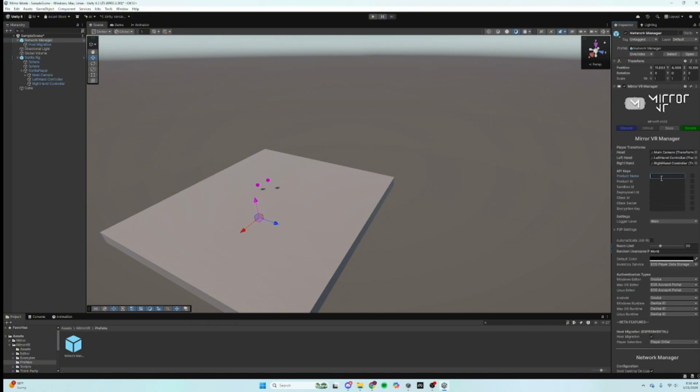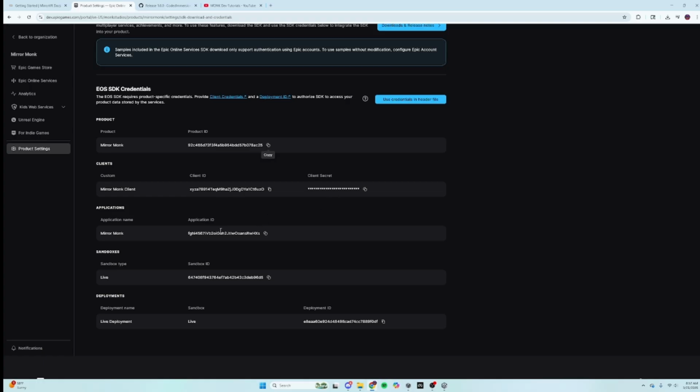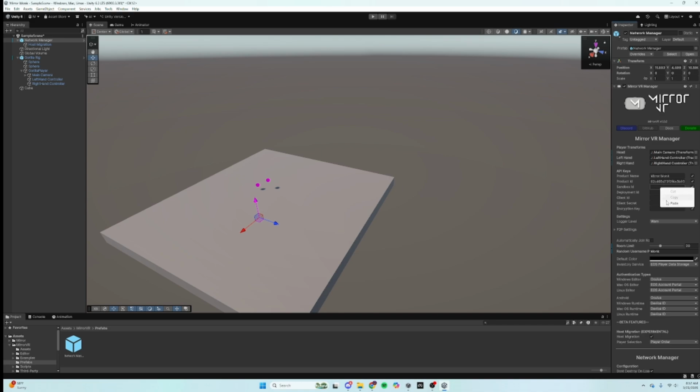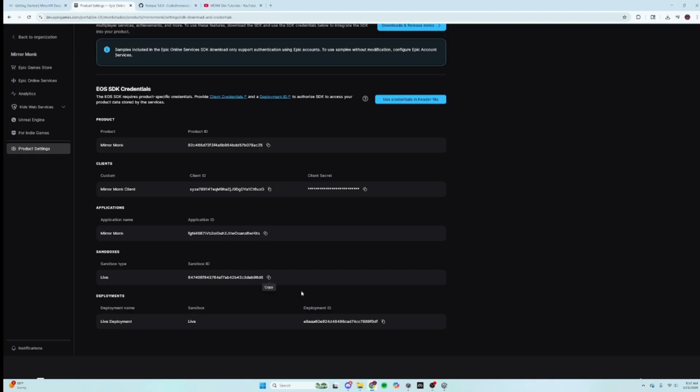product name, name it to your thing. So we can click this button right here to show. Don't share this with anyone, because they can steal your stuff. And then product ID, we can paste it because we just copied it. I like to check all these. Sandbox ID, so we're gonna want to go back, get our sandbox ID, go here, paste, deployment ID, find our